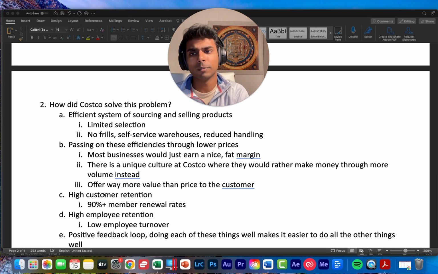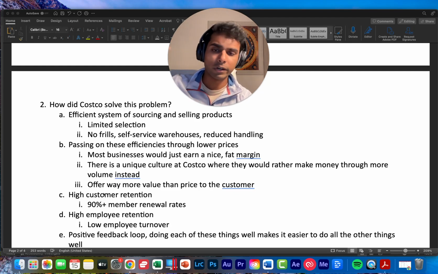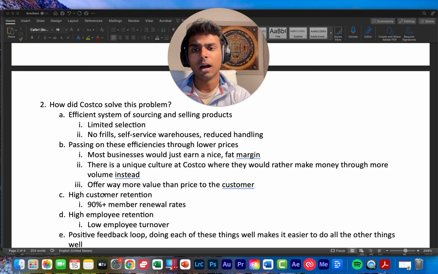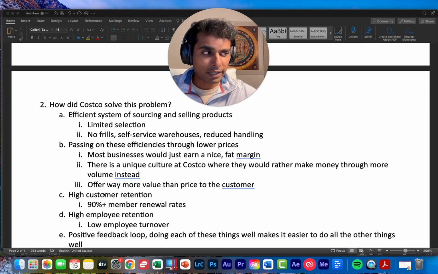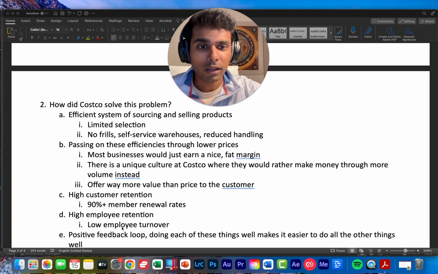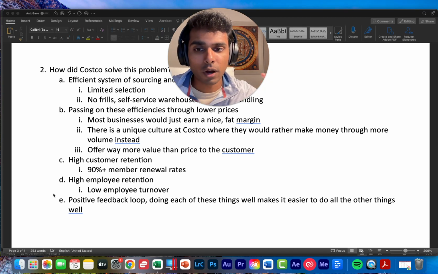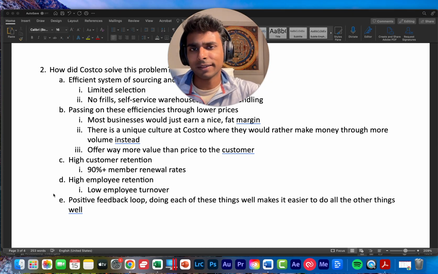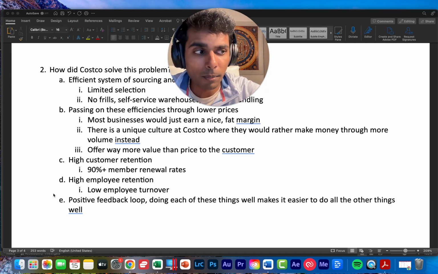So how does Costco solve this problem? They have an efficient system of sourcing and selling the products, right? They have a limited selection, no frills, self-service warehouse, reduced handling, and they pass on these efficiencies through lower prices. Most businesses would just take those efficiencies and keep it for themselves, right? They would just earn a nice fat margin. And there's a unique culture at Costco where they would rather make money on the volume instead, right? And their goal is to offer way more value than price to the customer, right? Like that membership fee could probably be like 10 times higher than it is today, and it would still be a big savings for most customers,